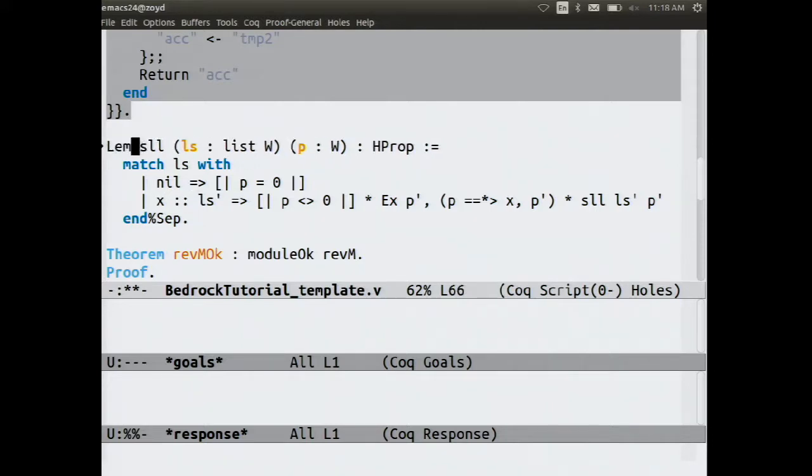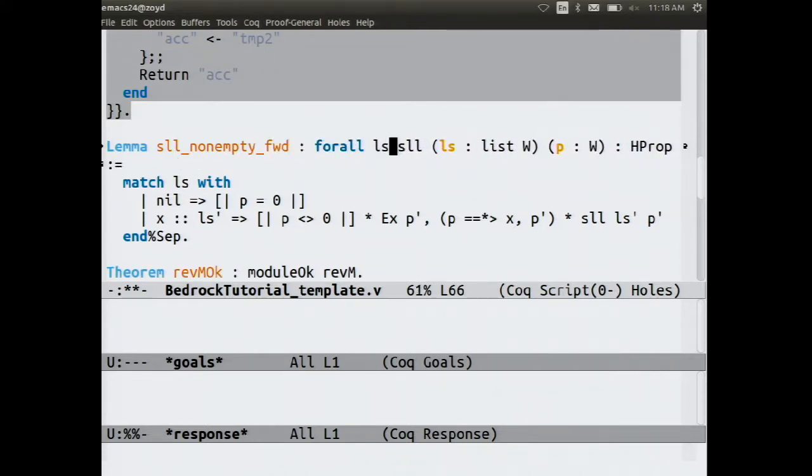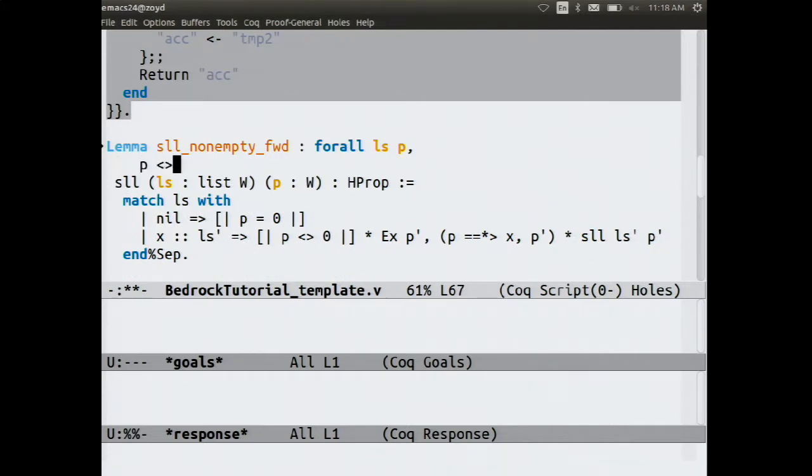SLL, I think this needs to be list, let's say SLL non-empty forward. If I have a list and a pointer, and the pointer is not 0, let me make clear this is a word, not just a natural number, and I have an instance of this predicate, what does that imply?